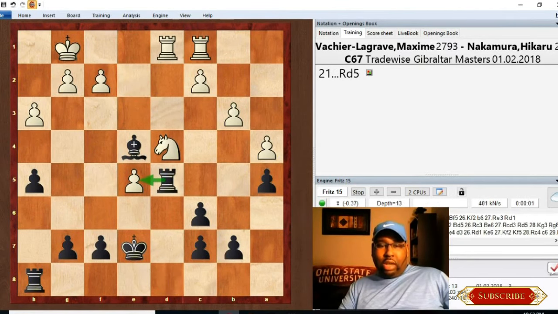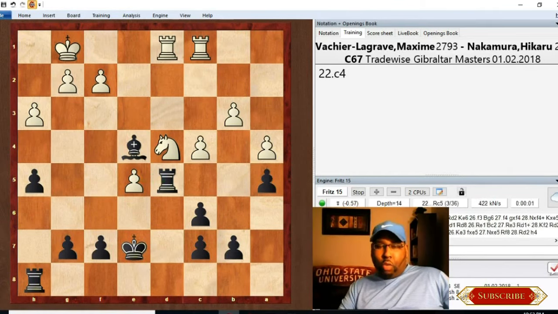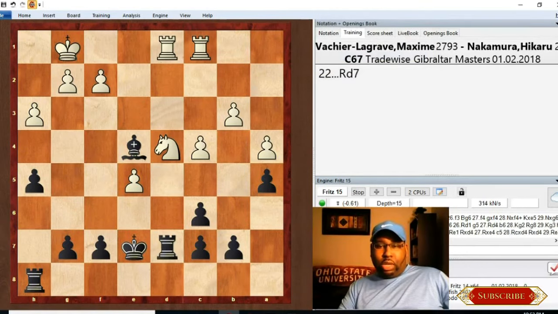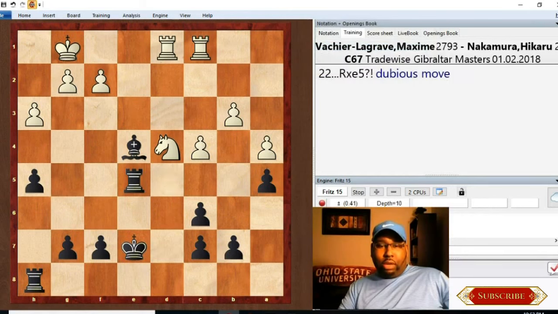Knight takes. Now you have Rook D5, which hits the E pawn there, and white did not defend the E pawn. You might be wondering why he didn't defend the E pawn, because the move in the game was Rook D7, but if he would have played Rook captures here, then that would have been a dubious move